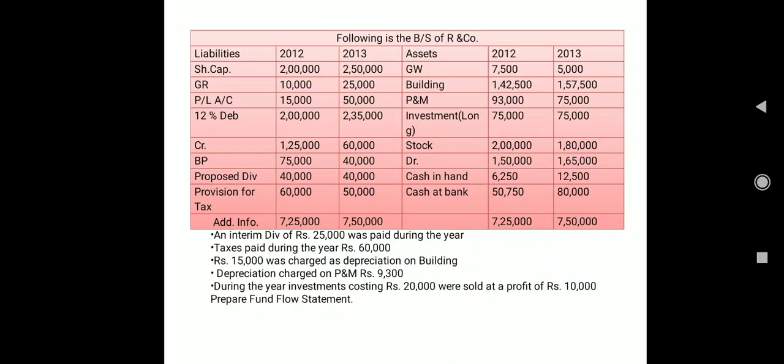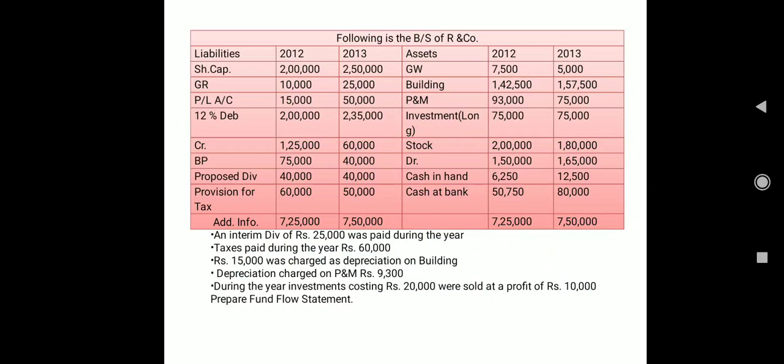So I have made it very clear in the last class that proposed dividend is different and interim dividend is different. Then tax paid is there, depreciation is there, so no other further information in relation to your proposed dividend or dividend paid is given. Okay, so in that scenario, if we are going to treat it as a non-current item,